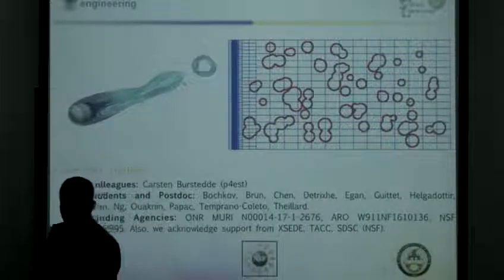So how do you determine the thickness of your